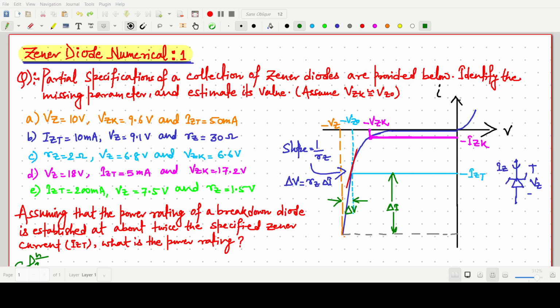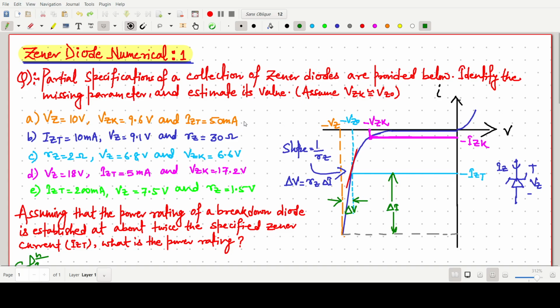Welcome everyone. In this video lecture, we will solve a numerical based on Zener diode and it is from the Microelectronics Circuits book. So first of all, the question is: partial specification of a collection of Zener diodes are given below. Some specification of a Zener diode is given. So we have to identify the missing parameter. Basically here three specifications of a Zener diode are given, we have to find out the fourth